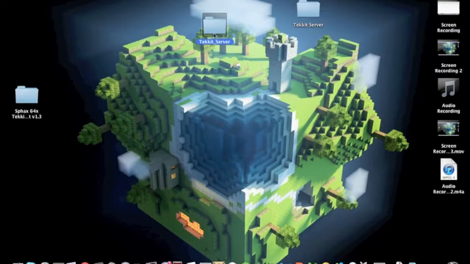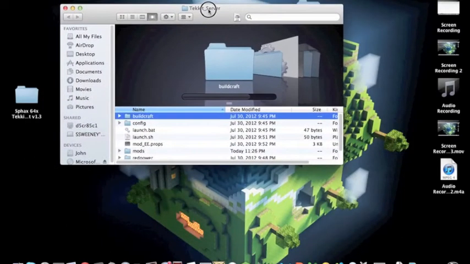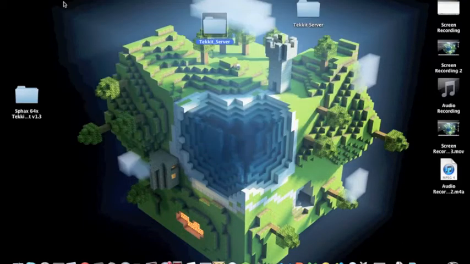Okay, and if you don't like having the console, I personally do. You have your server here, and you can just double click the Tekkit.jar, and that's your server, and it'll be up. But you will need to port forward, and you can skip forward to that part. But if you like the console like I do, you're going to have to first go ahead and open up